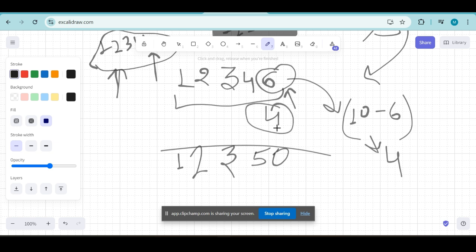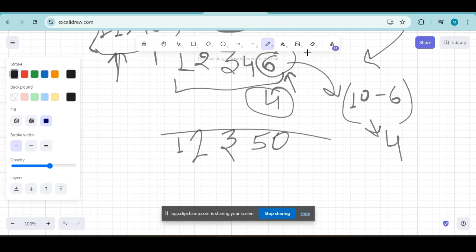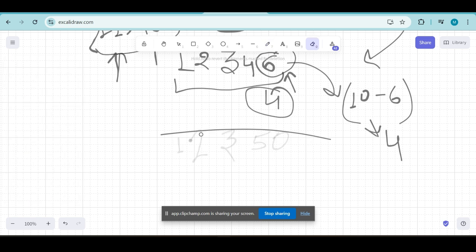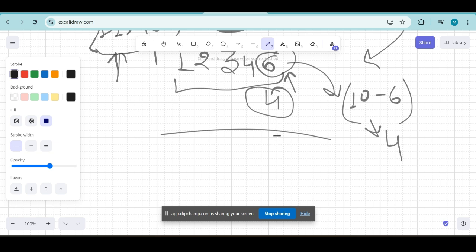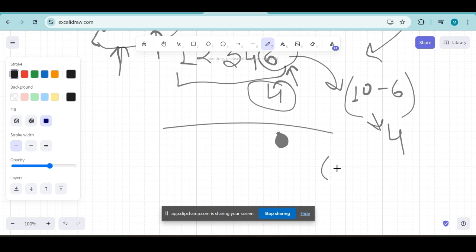Okay, so if that is the last element, then we add the difference to it. First let me erase this. If that is the last element, then we add the difference, then it becomes 0. And after that we find the carry. So carry should be found out by str of I,